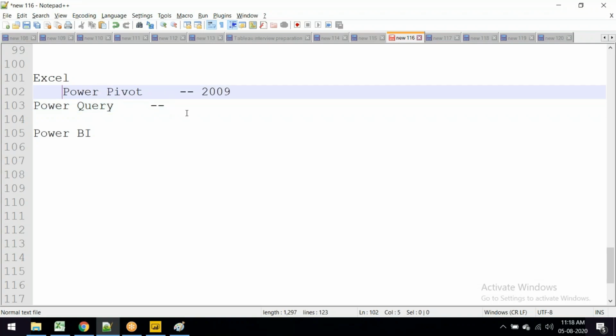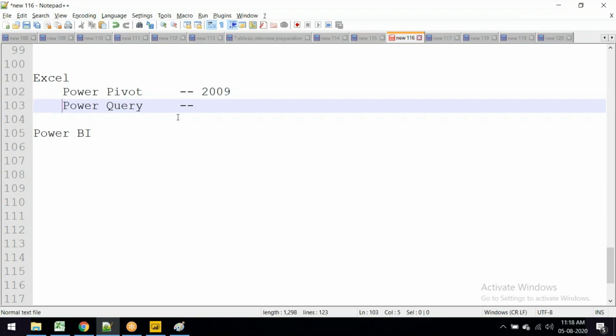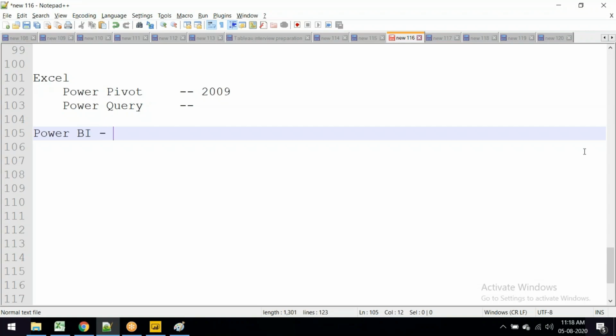So in Excel itself, you can use Power Pivot and Power Query. Then after that, they came up with the desktop edition in the Excel sheet. You can do only this, where the data is from the Excel sheet, so you cannot connect with data from different sources. They introduced the desktop editions of Power BI in the year 2015, wherein you can connect with different data